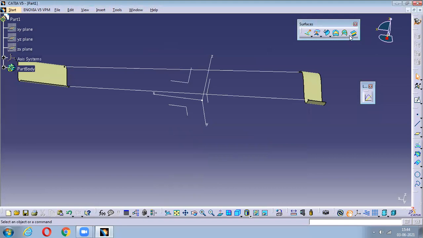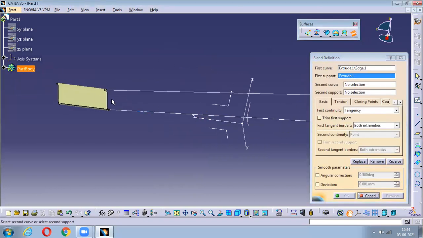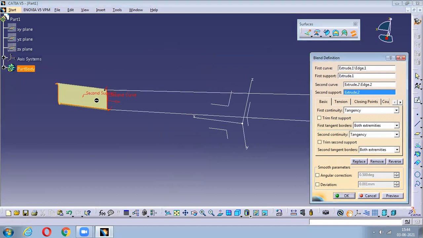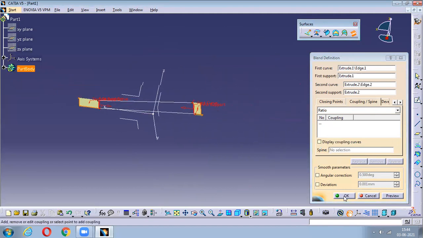If something is happening with the first curve and first support, the second curve and second support, if I go with this coupling, I need to select this as my couplings. I don't know why it is not being selected. Just because it's a straight line. If you select the splines, it will follow that particular path. Got my point? What I'm trying to explain to you.